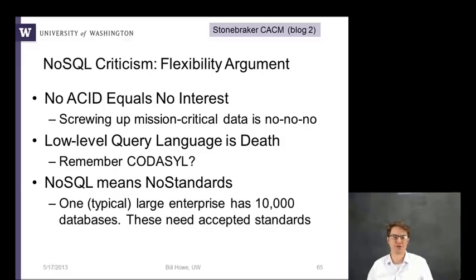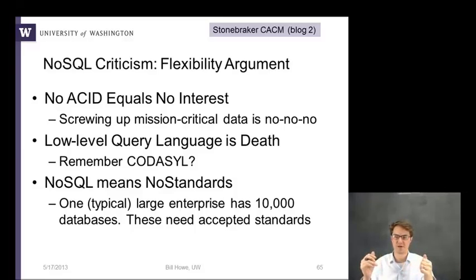It's not okay to screw up mission-critical data. But for some other application around the edge, maybe it's okay to experiment with a NoSQL system. The second point he makes is that relying on these low-level query interfaces is a real tough sell. He calls up CODASYL, which is an early data manipulation language that predated the declarative languages that we've been talking about. But we've been down that road, and it's tough, and it's why these higher-level languages were invented. And again, we see it with MapReduce, which is admittedly analytics as opposed to pure NoSQL, but we see that the value of these higher-level